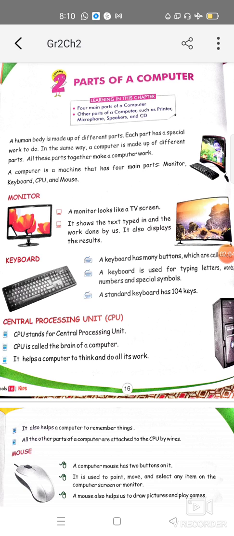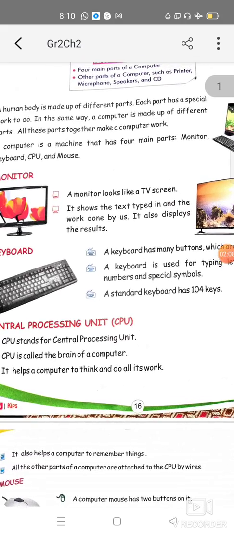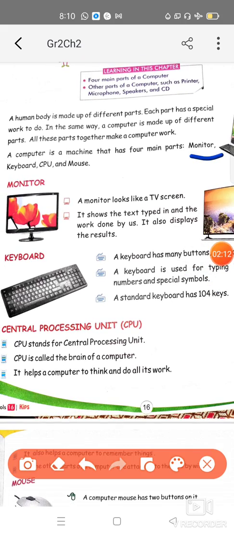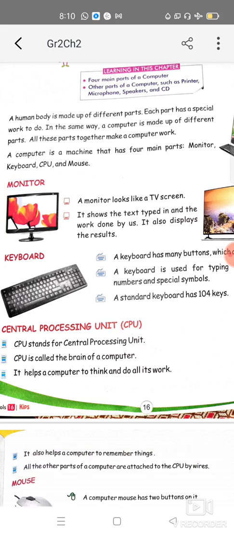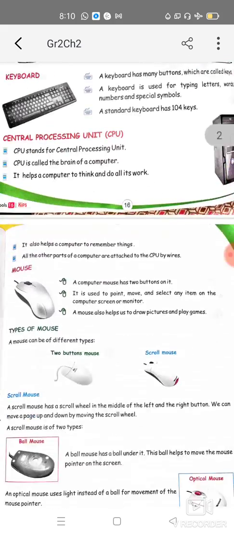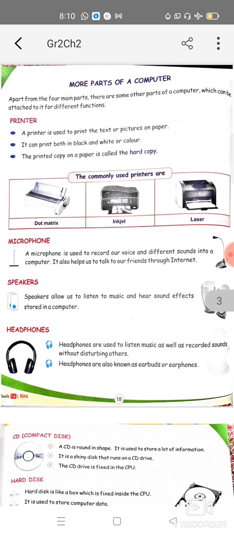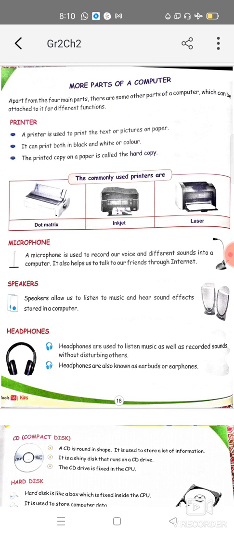So the 4 main parts are monitor, keyboard, CPU and mouse. These 4 are the main parts of a computer. And there are some more parts that we use in addition, which means the computer can work without these parts.